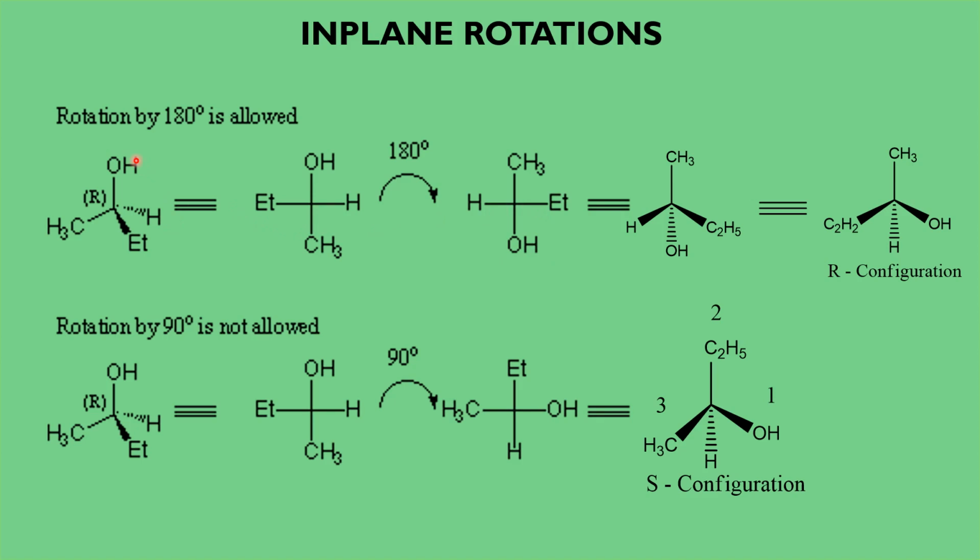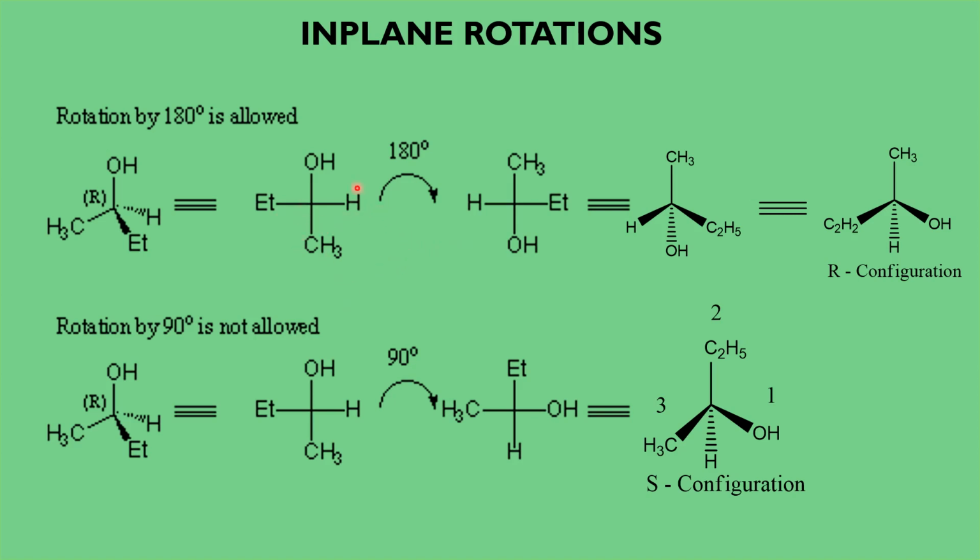So here the same R-2-butanol is taken. The corresponding Fischer projection is this. We do a 180-degree rotation so that OH gets the place of methyl, methyl goes to the place of OH, and these two are getting interchanged. And this is like doing two interchanges in a Fischer projection. Already I told you in a Fischer projection, when we do one interchange, it results in inversion. Two interchanges will result in retention.